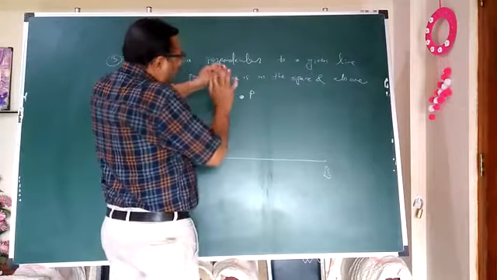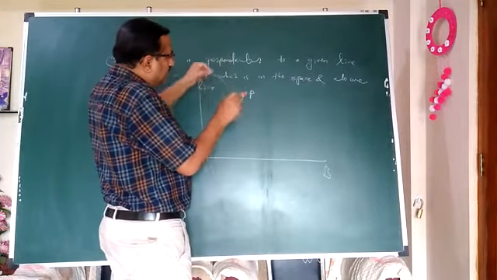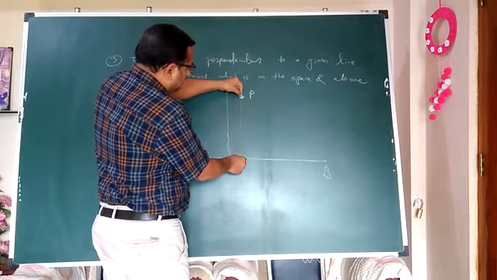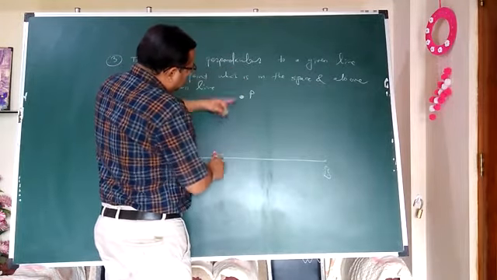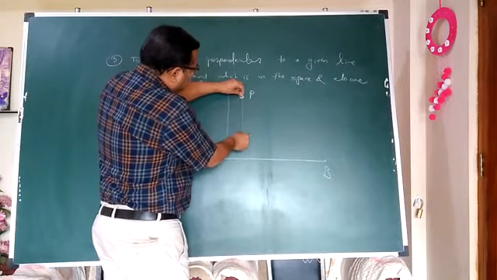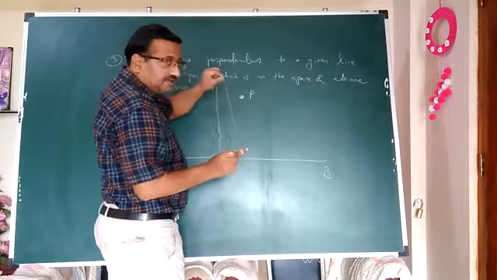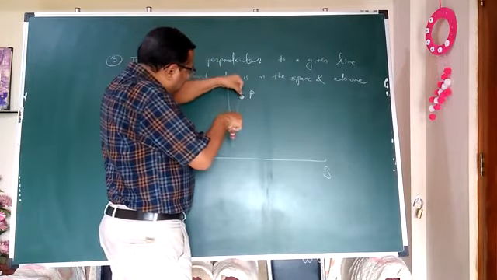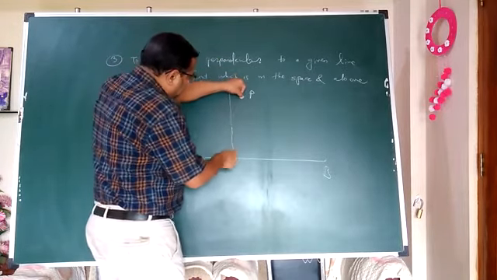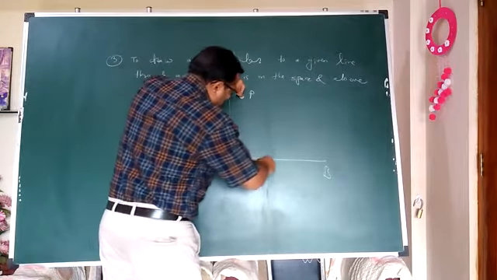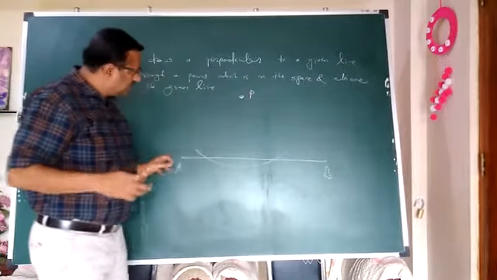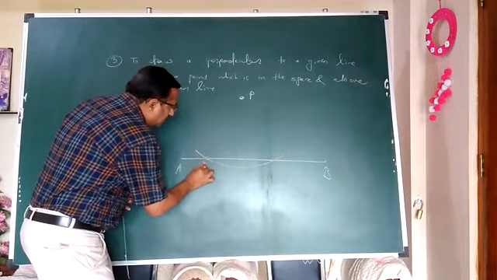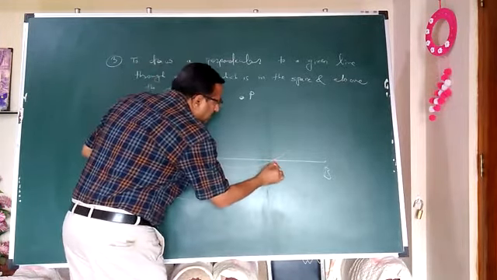What do I have to do? Pick a radius in the compass that is somewhat longer than the distance between this point P and the line. This much I will take. Now put the needle of the compass on P as the center, and construct a long arc so that it intersects the line AB twice. The first intersection is M here, and the second point is N.